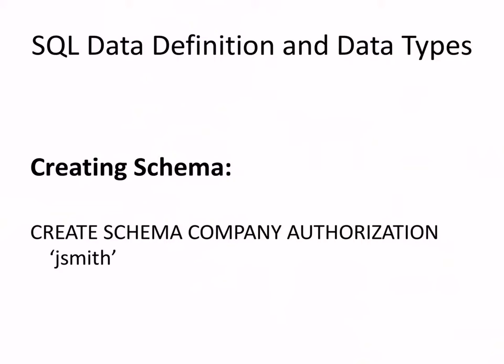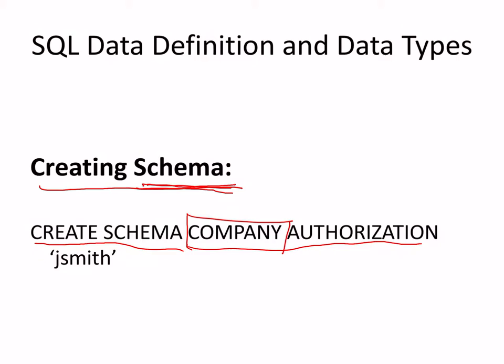The first thing that we are seeing is creating a schema. What do you mean by a schema? Schema is the database that you need to create. We have talked about schema prior to this. So schema is nothing but the database that you need to create. Now to create a schema, you might simply write the create command, which would read like: create schema company. Company is the name of the database that you want to create.